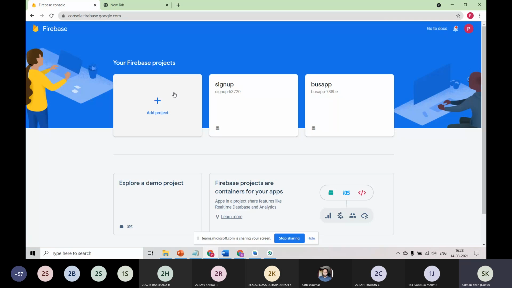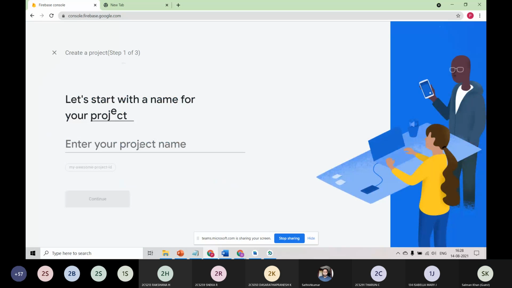So creating an application in Firebase is simple. Here you can just type your project name.